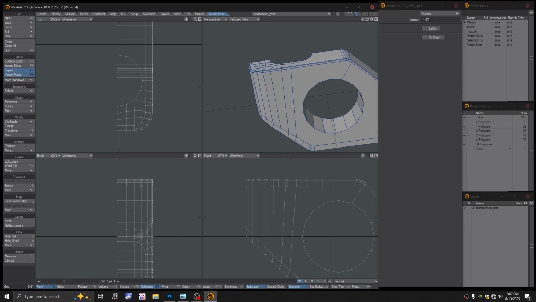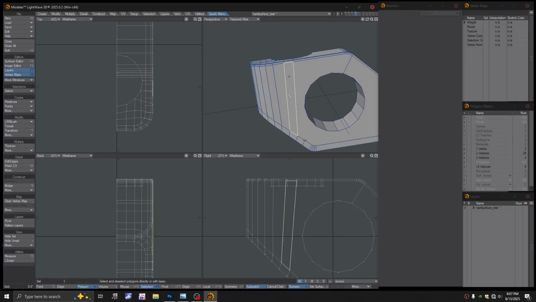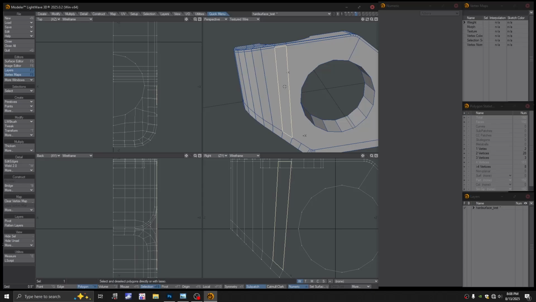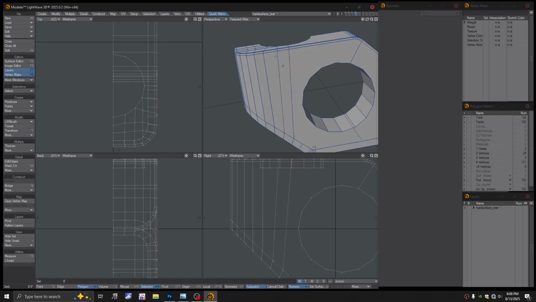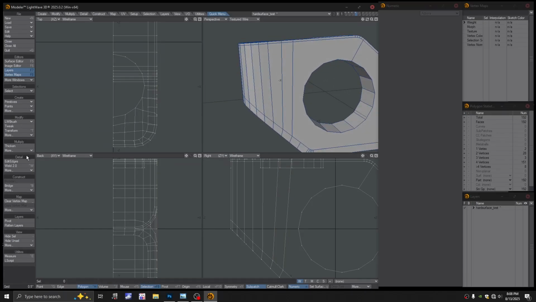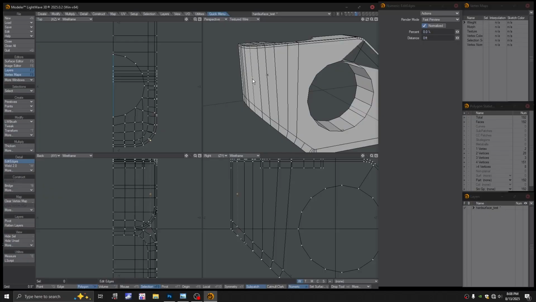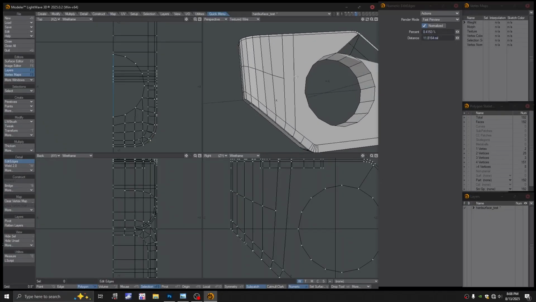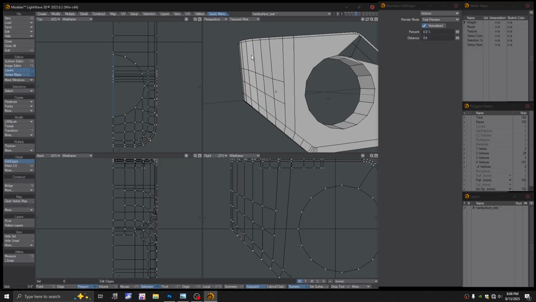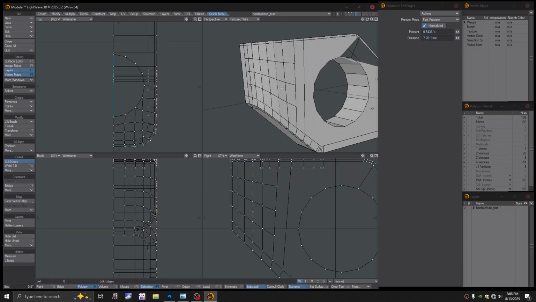So it might be easier to remove this, or no, not remove it, cut and paste it, detach it. That way I can edit edges here. One for a middle one here. Need another couple of them here. Let's see, I need